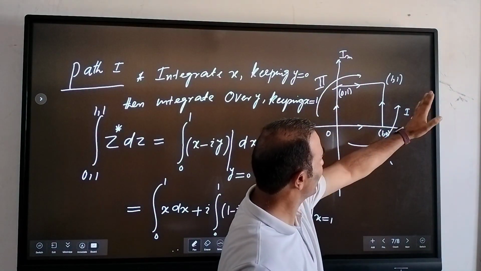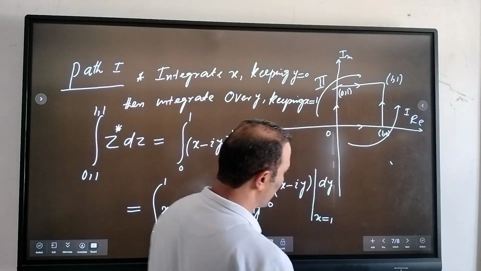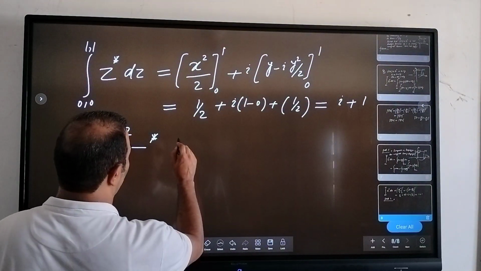So you need to integrate over the x and putting y equal to 1 because y is already 1 here, right? So you can write this as, so in second case, so you need to again that,